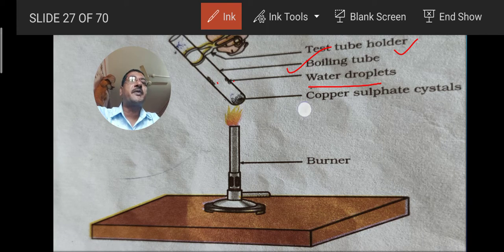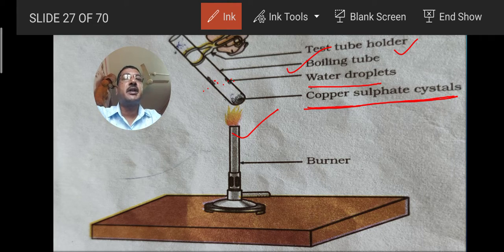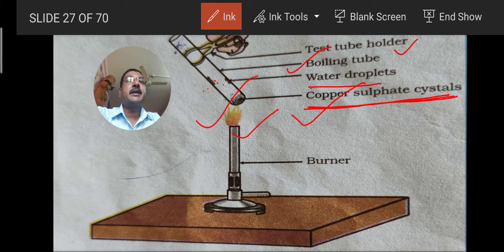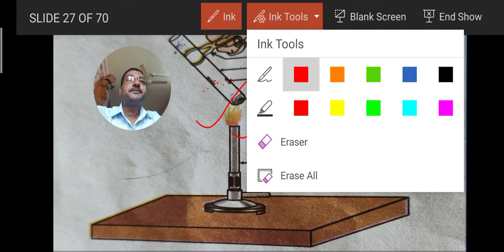Actually we have taken the copper sulfate crystals, and these copper sulfate crystals, as I told you, have the water of crystallization present with them. As soon as we heat it with the help of the burner, the water present with them will come out, and we are seeing here that water has come out. Initially water was not there. So where has it come from? It has come because of heating the salt, and the salt contains the water of crystallization. That is why water has been given out after heating. So it will be converted into the anhydrous salt, and earlier, with the water molecules, it was known as hydrated salt. I think it is clear now.